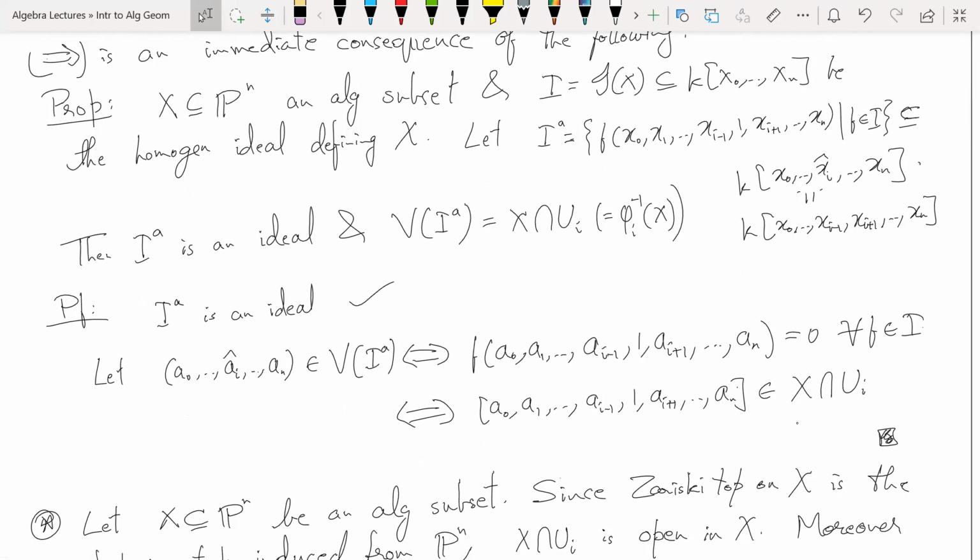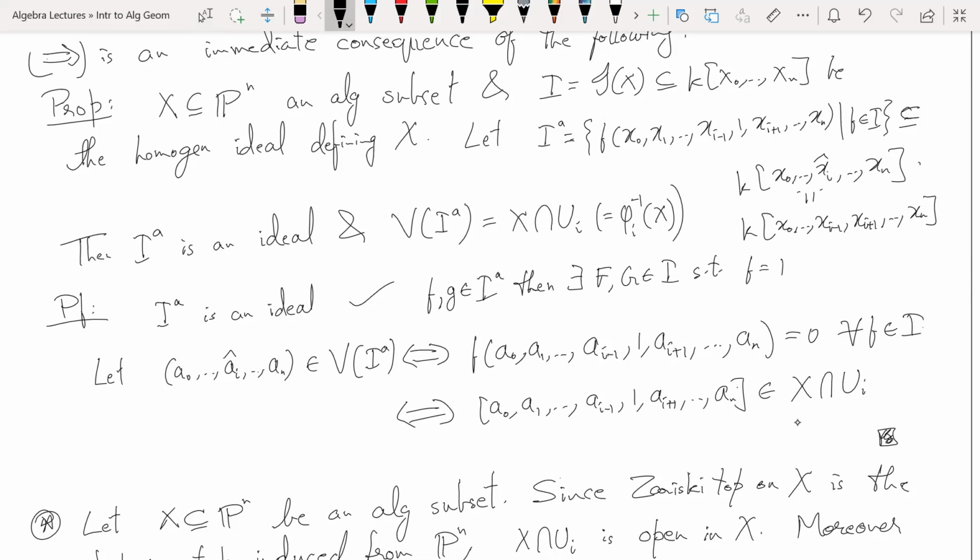Similarly, if f and g are in IA, then there exist capital F, G in I,